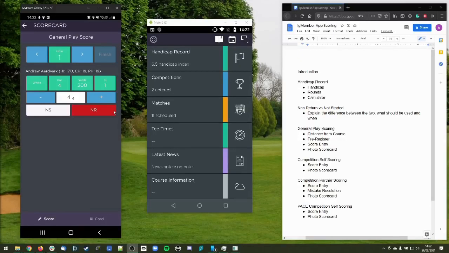Another example of not started would be if your course has reduced holes during the winter, then they would be marked down as not started, and the card would still be acceptable for handicapping, because if you've completed 10 or more holes, then you're allowed to put that score in for handicapping evaluation. So it's a new feature, it's a big change, and it is quite important that you get it right, because a non-return will